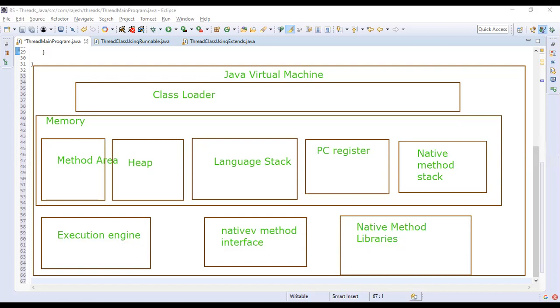Okay. The reason I am taking this at the end is that now you have a basic knowledge, or you have used all of these in the program. So now if I tell you we have used this jar, this is where it is, then you will be able to link it. That is the reason I take it at the end. If I tell everything at the starting, you will have no idea of what native libraries are, and you cannot link it. So let's go over one by one.